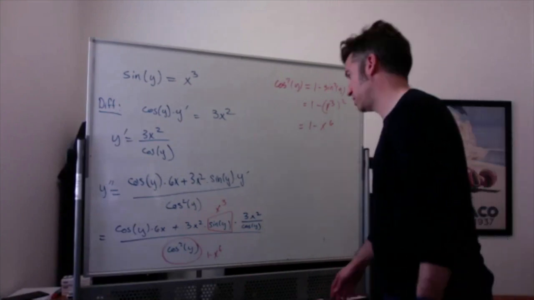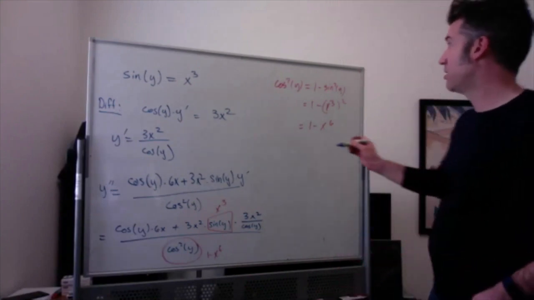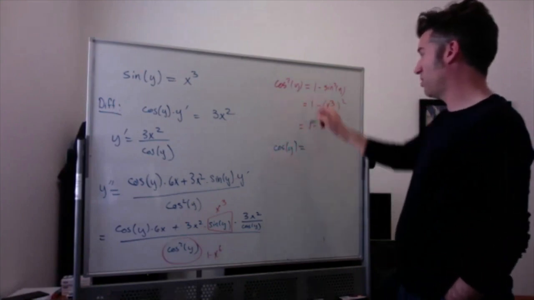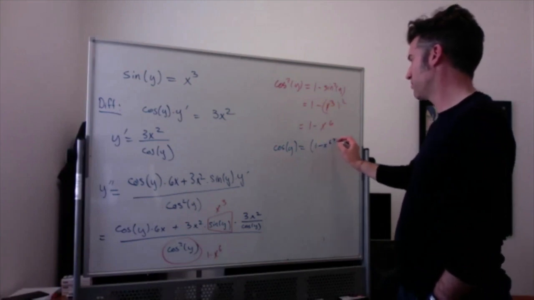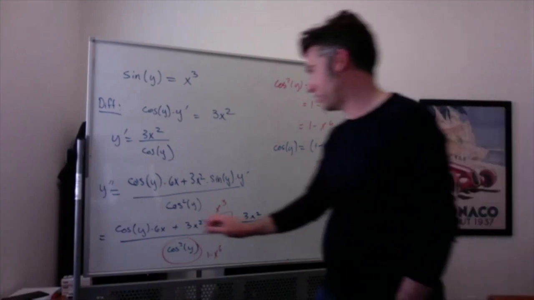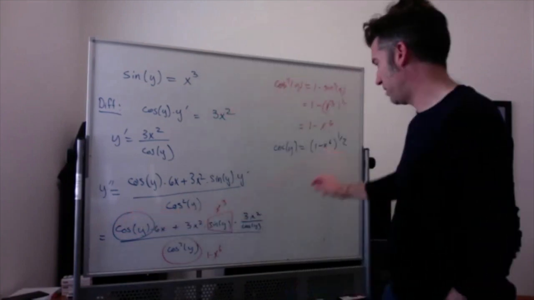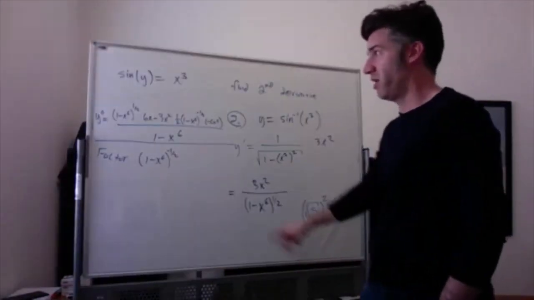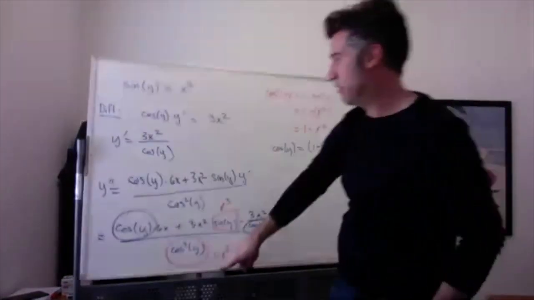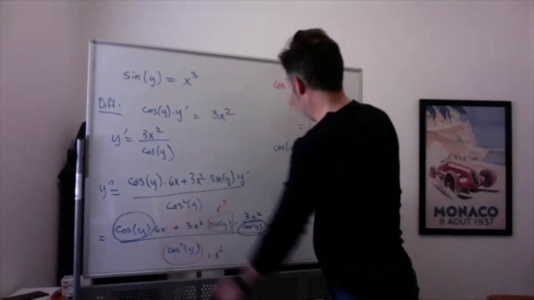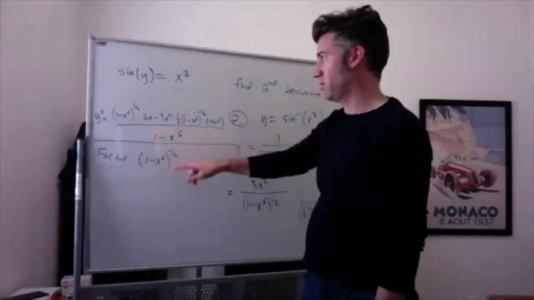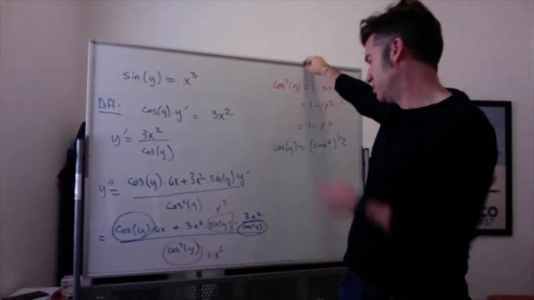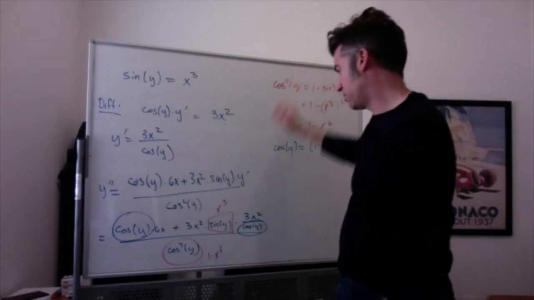So I will actually say one more thing, and that's that cosine of y is the square root of this. So we can also replace that with that, and that with that. And then essentially we've got the same answer, right? We've got 1 minus x to the 6th to the 1/2, which is cosine of y, times 6x, minus, oh, did I make a mistake? No, oh, that's interesting. So then we've got,